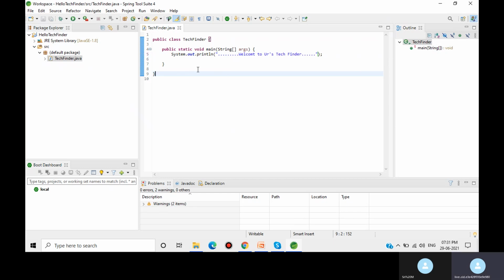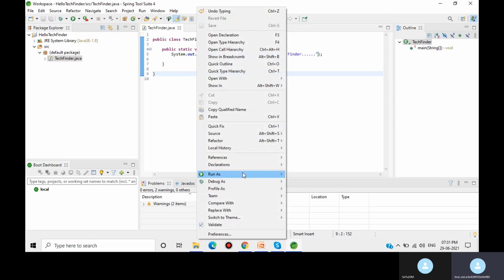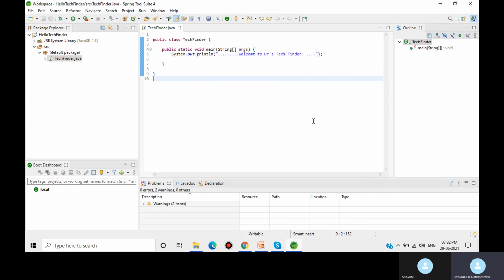Now to run this program, you can directly right click on the file. Here the run as option will be there. Run as Java application you can give, or else directly here you can see the run button. You can click on this directly.